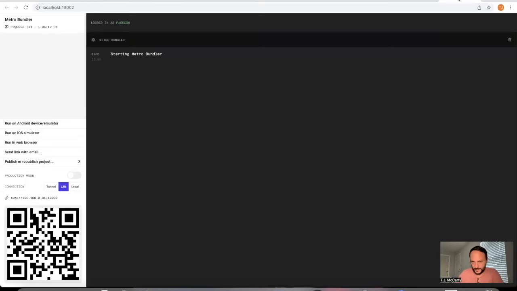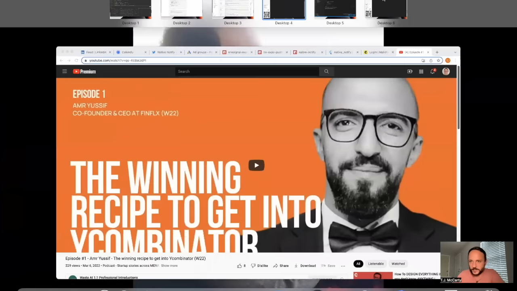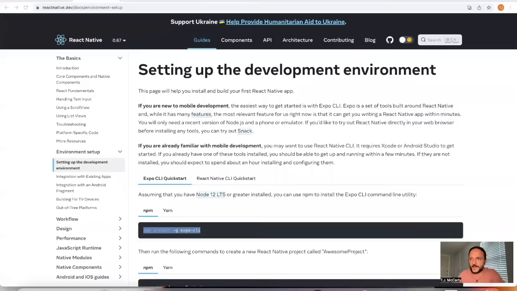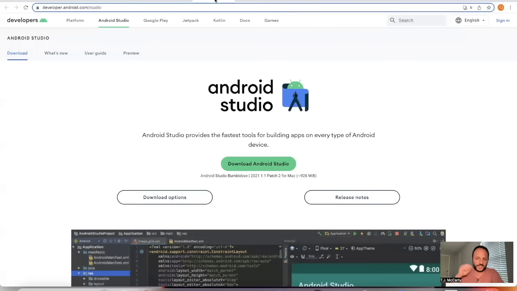That'll pull up this. I'm going to move this over here where we were just at. Okay. And then if you want this to run on an Android emulator, you'll want to go ahead and open up an Android emulator. And to have an Android emulator on your computer, I'll put this link in the description below too, but you'll want to go to